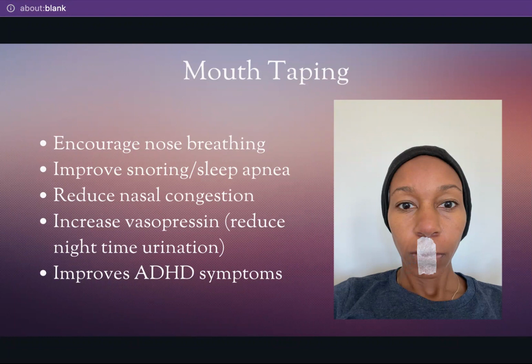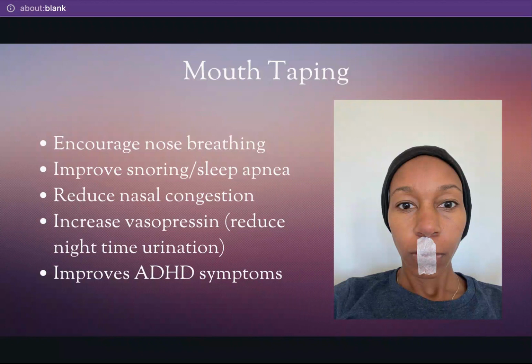Breathing through your nose also affects the shape of your mouth and your tongue placement. And so if you are breathing through your mouth, your nose stops working and your mouth shape will actually change. It's one of the reasons why a lot of people end up getting their molars taken out. It's a reason why people get really swollen nasal passages, because they're no longer using their nose to breathe. And so the nasal passage can get very swollen. So breathing through your nose is really important. There's a whole entire book on it I'll share with you if you're interested. But anyway, moral of the story is mouth taping can actually help this.